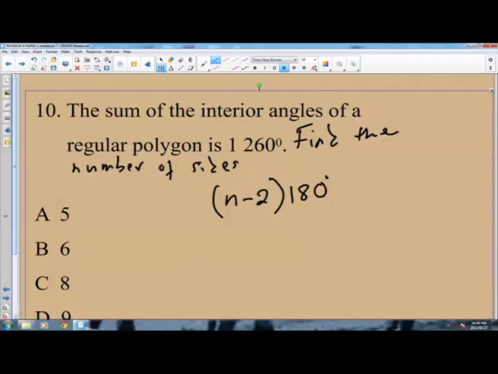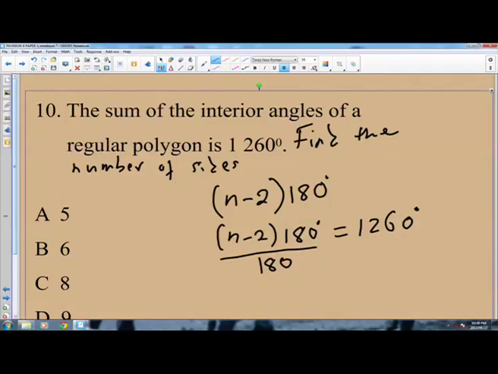So this will simply mean we have n minus 2 inside the bracket times the 180 degrees, giving us 1260 degrees. And then we can divide both sides by 180. Divide by 180 here, divide by 180 degrees. 180 cancels 180, and then the 0 here cancels the 0 here. So we are left with 126 over 18. So all that we are saying is n minus 2 is equal to